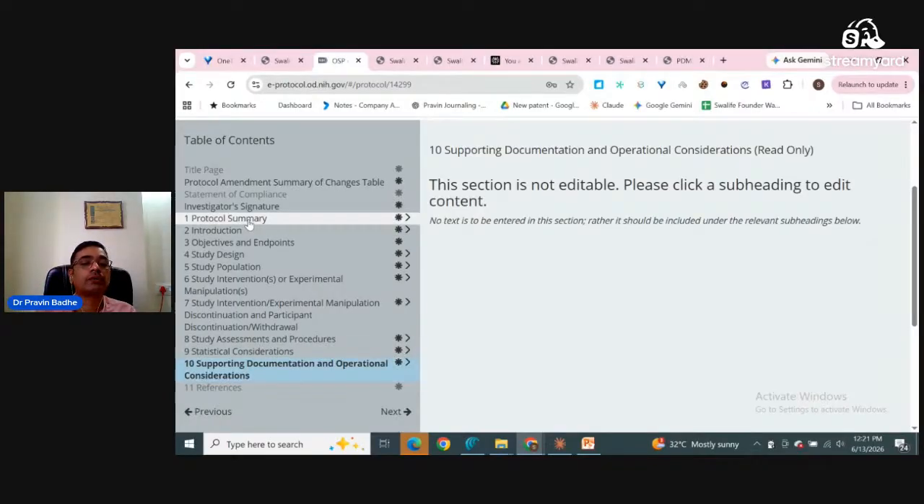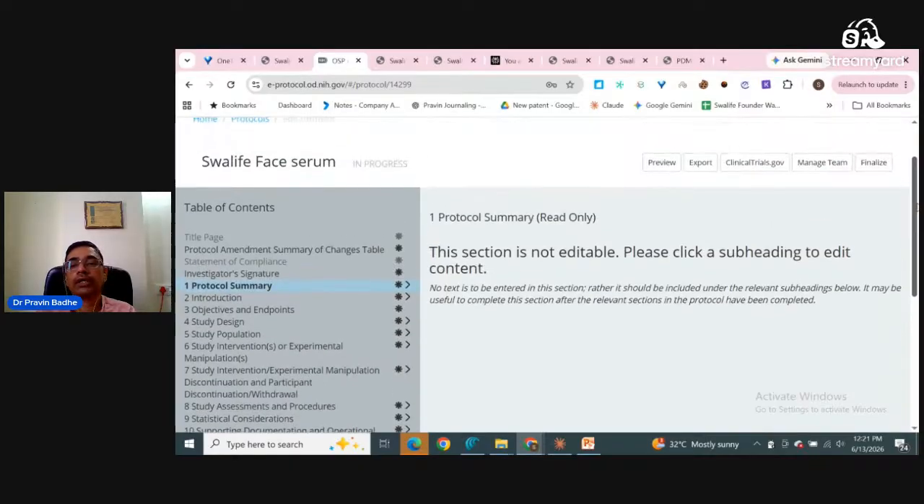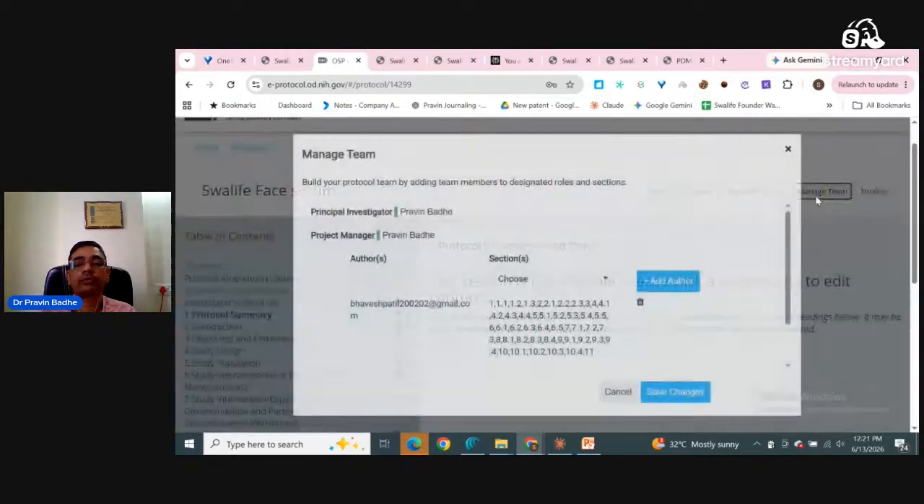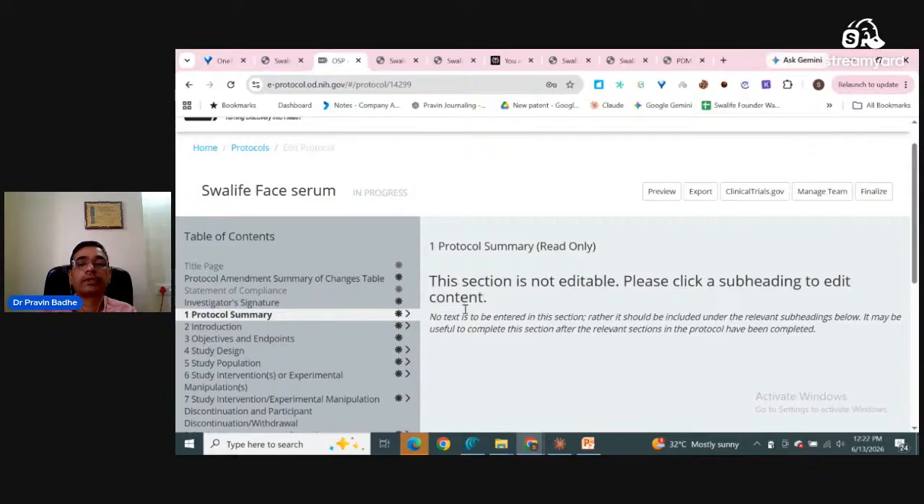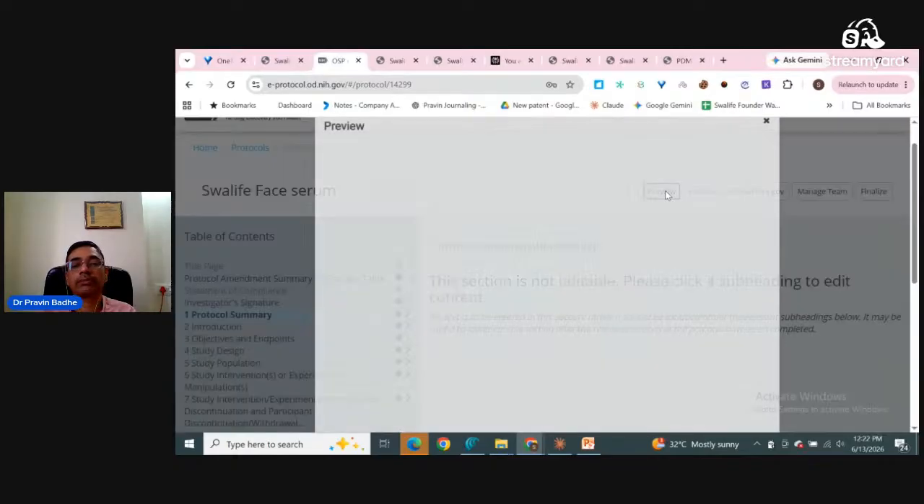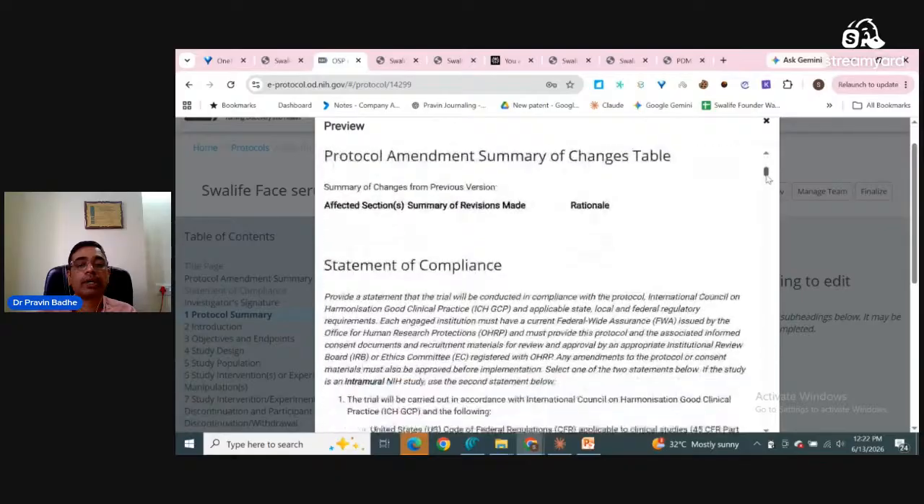So you start with the protocol summary. You can add your team member here, so you manage your team. So principal investigator, then the author will be a different person. You can also have a reviewer, a different person, before it comes to you. And once everything is done, you can actually preview the protocol here, that all parts have been filled by the